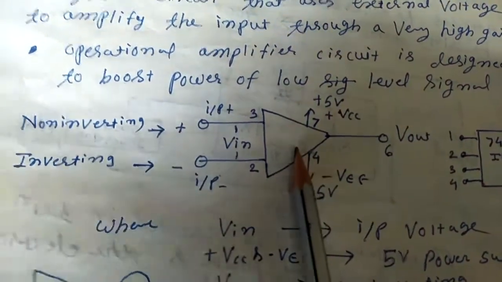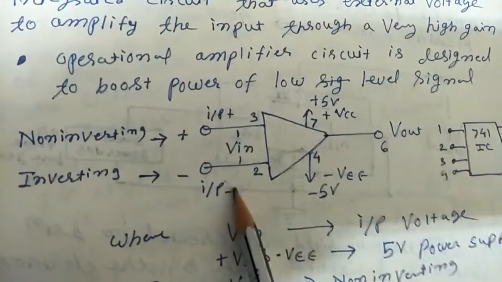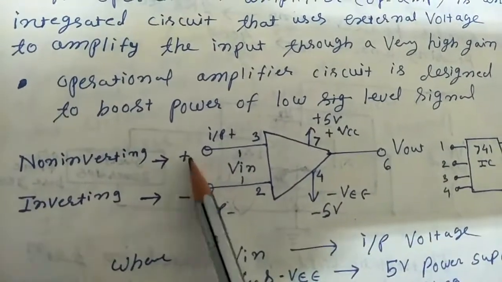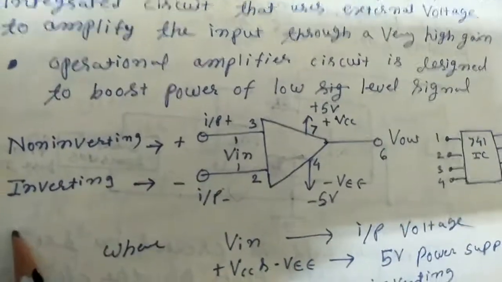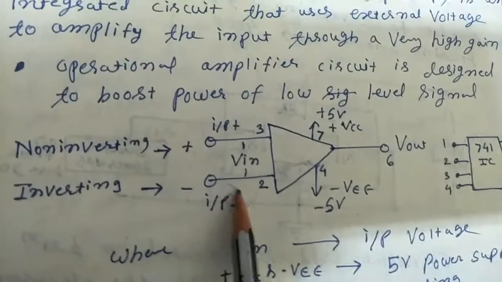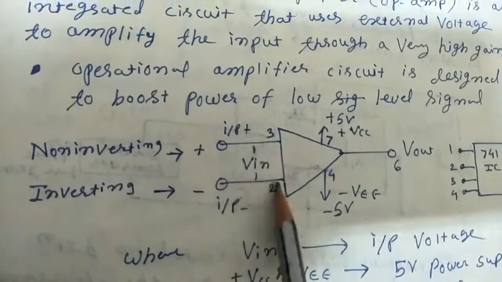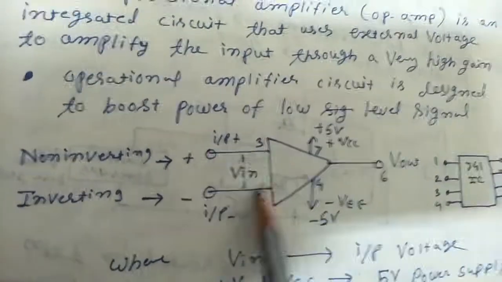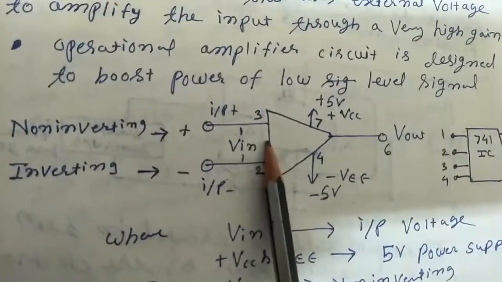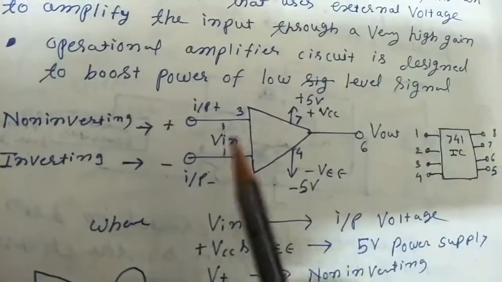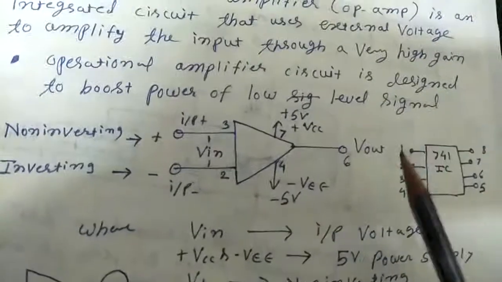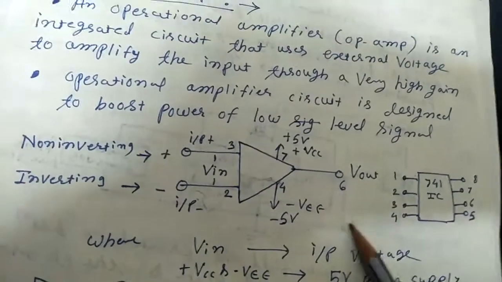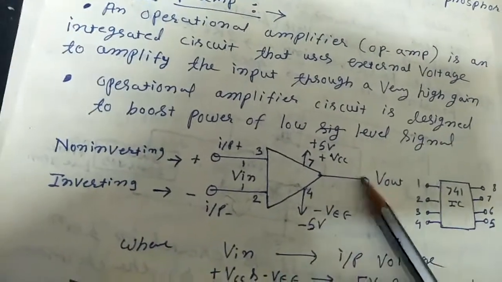So this is called an op-amp. This op-amp has 2 inputs. One is positive and another is negative. So positive input is called inverting input, and negative input is called non-inverting input. And across these 2 inputs we are applying the input voltage. So the input voltage level gets increased, it boosts up, or it gets converted into a strong signal. Across this output, with respect to ground, we will get a strong signal.